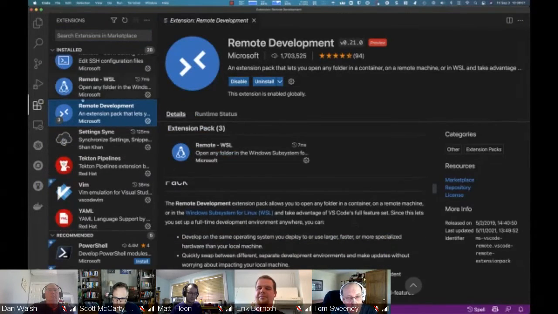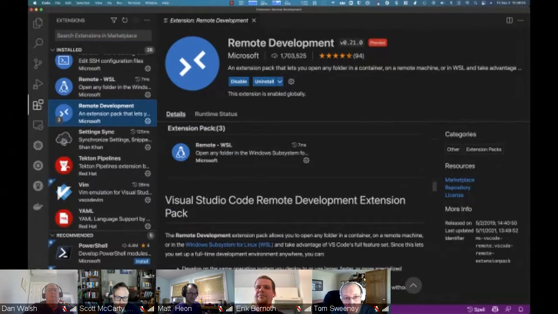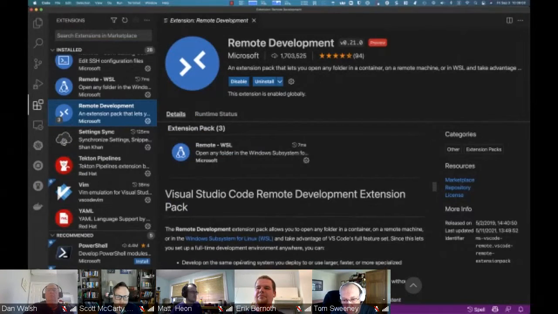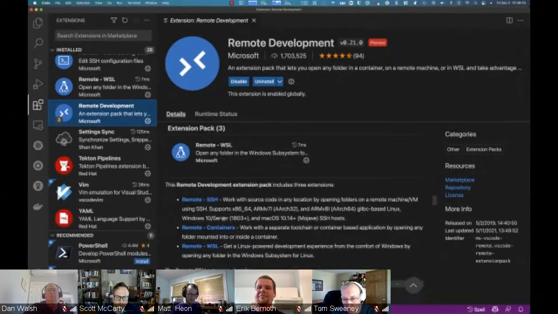This can work on WSL, right? And it's a full pack of other extensions. So in theory, you can do containers with this. So I could set up a container with my dev environment in it all by itself. But for this instance, since I'm just SSHing into the box behind me,